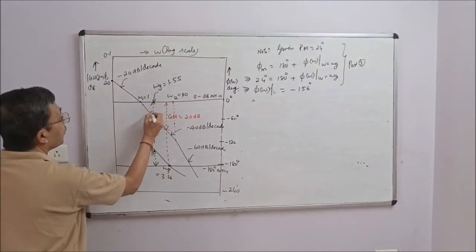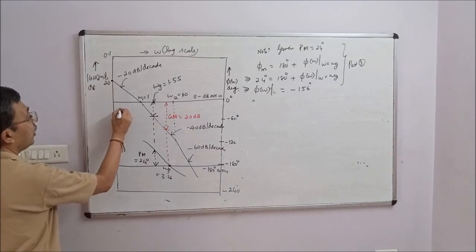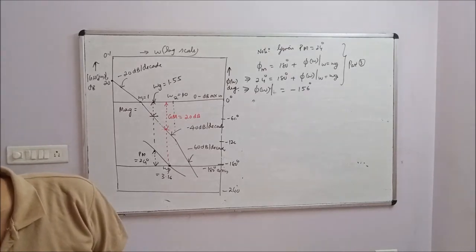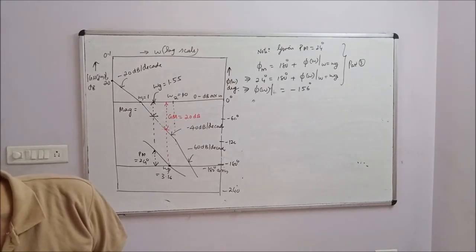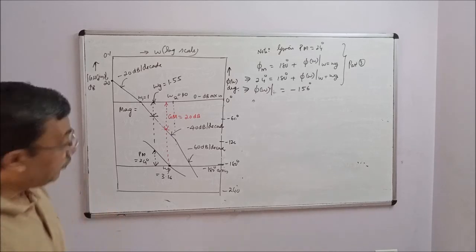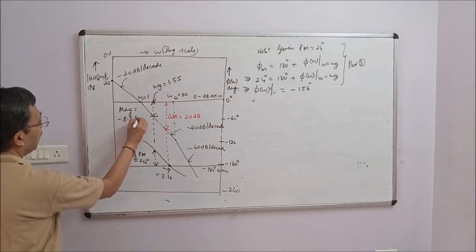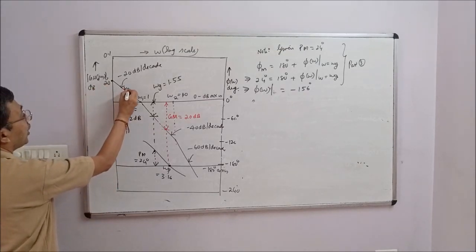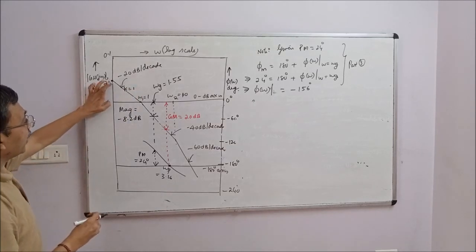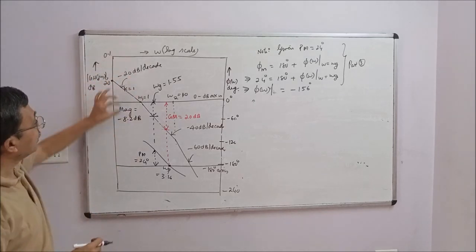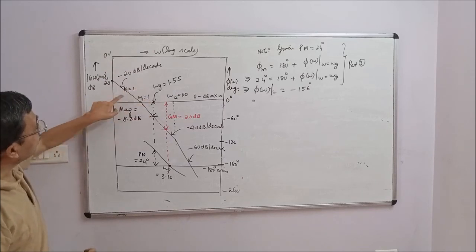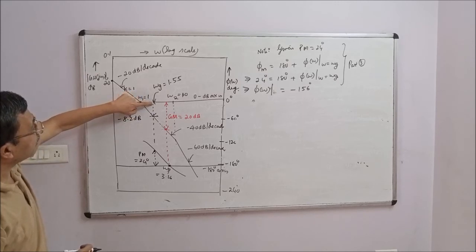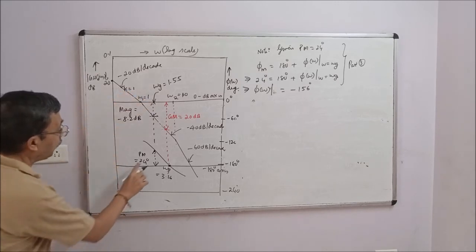Measure this difference, or the intercept. What is the magnitude? Magnitude is minus 8.2 dB. This will be seen in the actual sheet. Now, this is the diagram drawn for k is equal to 1. When k is equal to 1, the diagram is pushed up by 8.2 dB. This diagram will cross the 0 dB axis at 1.55. That will give you a phase margin of 24 degrees.